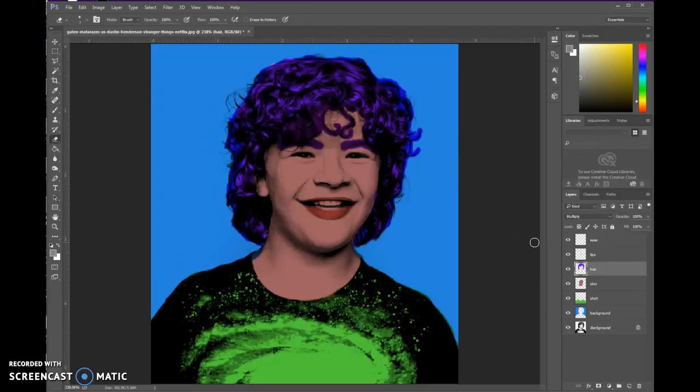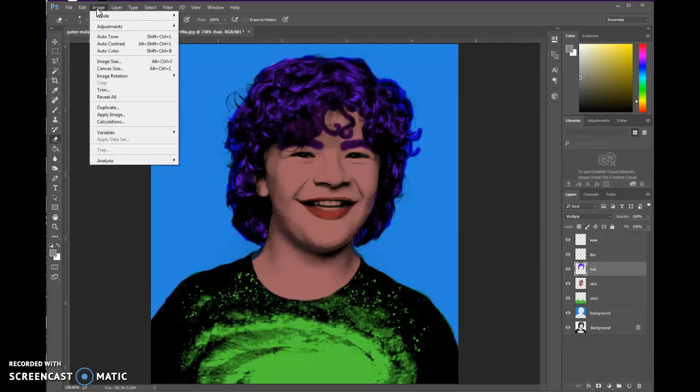The next part is pretty tricky, and you're going to need either a way to write down some numbers or use your phone. So right now we have a single image, but with Warhol's pop art images, he would have a series of 4 or 6 or 8. So what we're going to do is make a new image. But first we have to figure out how big this one is. So if you go up to Image, Image Size,